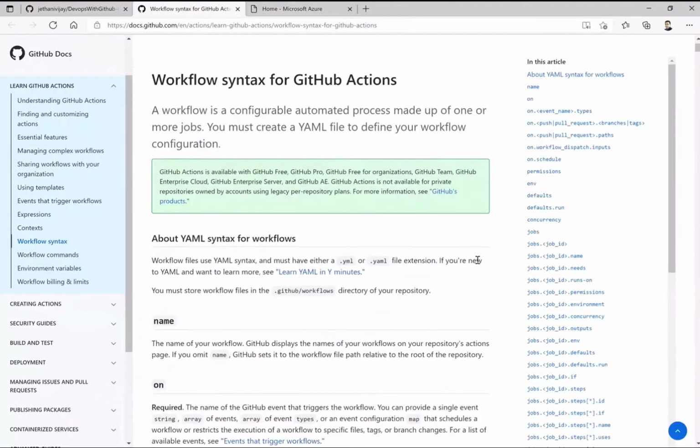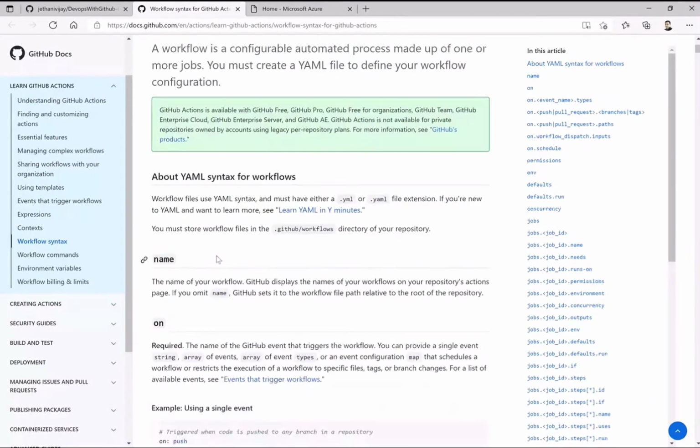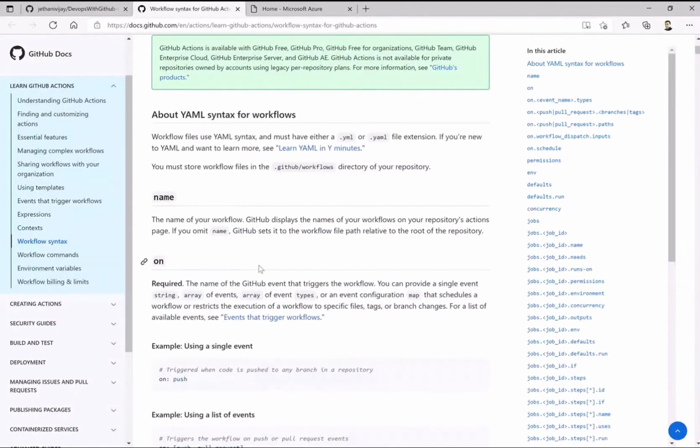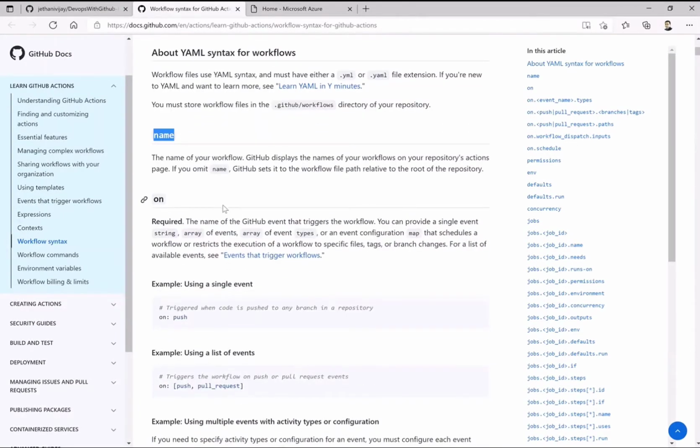Now this is how the workflow for GitHub Actions will look. First of all, this is a YAML file. If you are working on open source and are already well versed with YAML files, you know most of the things, the structure and how you have to align it, and you can take care of that automatically. Now for GitHub Actions, first of all, we have to name the workflow. The name defines what the name of the workflow will be. On means how do I trigger this workflow?